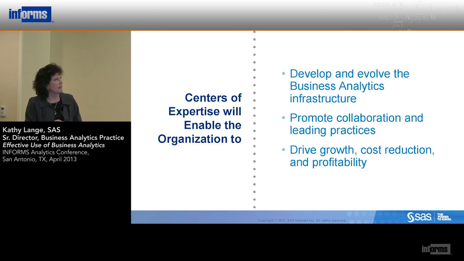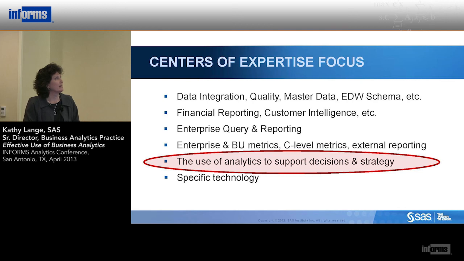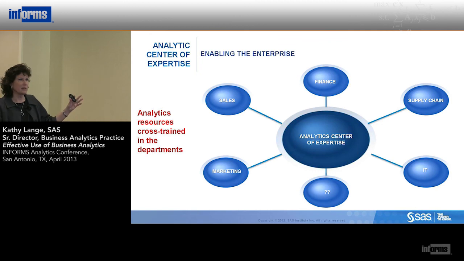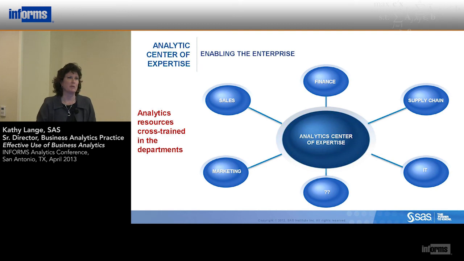One of the roles of the center of expertise is actually to do the work, but another one of the roles of the center of expertise is to actually enable the rest of the organization, right? So here's your center of expertise, and there might be other business units in your organization. One of your responsibilities is to enable those people to do a better job. Again, to kind of hand off the burden to other people who can do things. The center of expertise might still keep all those strategic projects, right? But the other projects, they may hand off and help people understand how to run with scissors better, right?